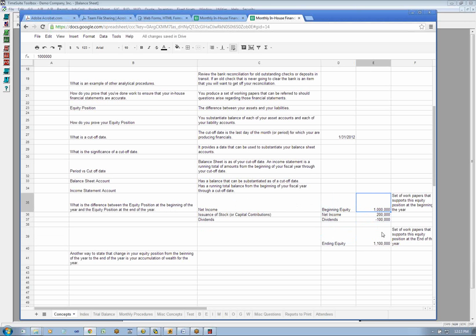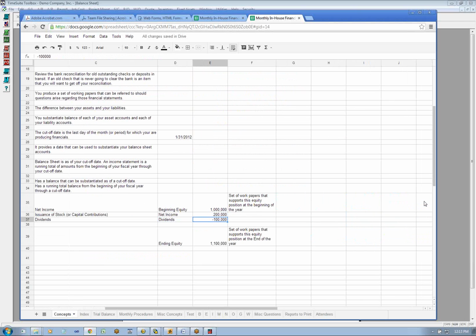But your position will change. The change in your equity position from the beginning to the end of the year is basically your net income less your distributions. There can be other changes that are obscure, like capital contributions and that kind of thing, but generally this is what we're looking at. And S corporations have dividends, C corporations don't. For the most part, everyone's closely held, not a publicly traded company, so we won't talk about dividends on C corporations outside of that.